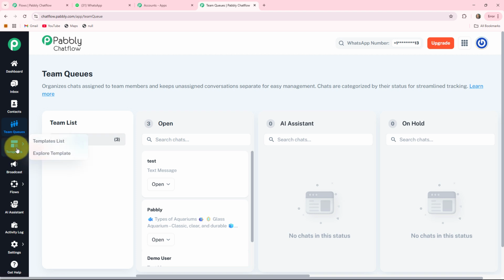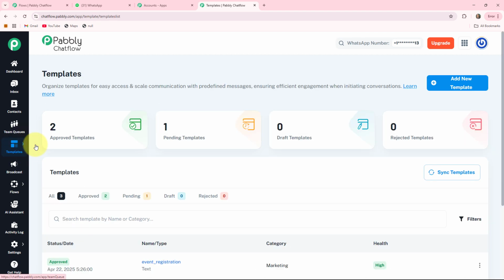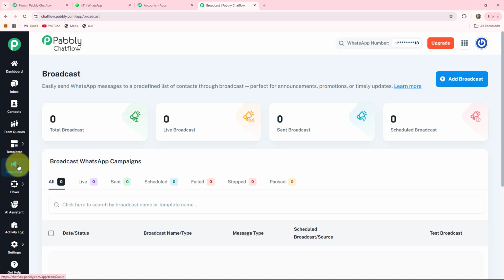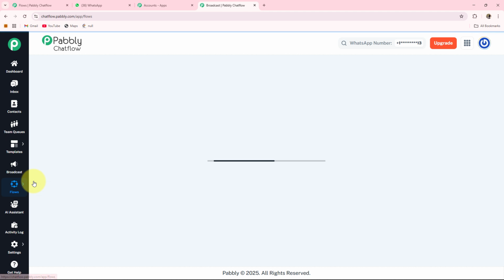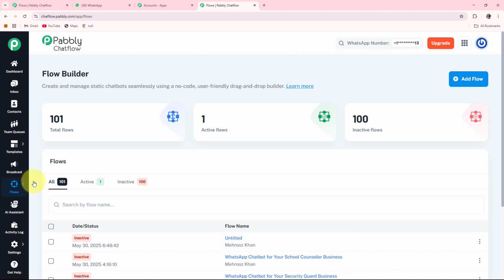The fifth one is the template. It is just like a pre-approved WhatsApp template. These are required for initiating a conversation if the customer has not messaged you first. The sixth one is the broadcast. It is used for sending bulk messages to many users at once, and it is also used for promotion, announcements and updates. The seventh one is the flow, in which you can create multiple WhatsApp chatbots with the help